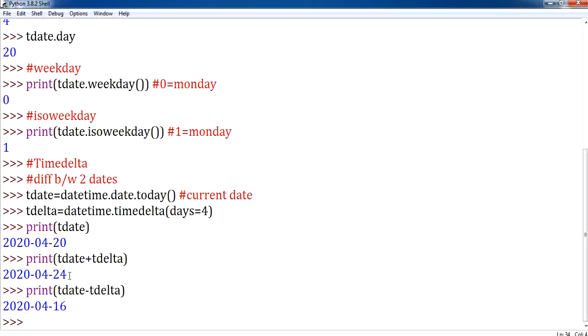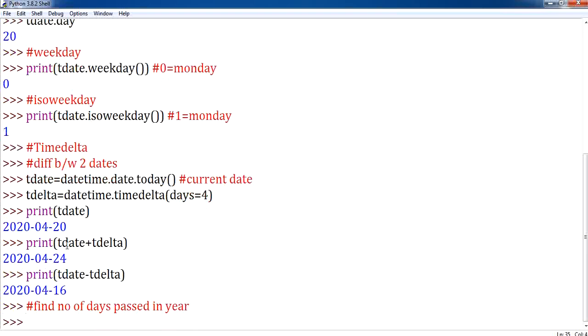And now if you want to find the number of days passed in a year. Right now your date is 2024/20. So from the new year till date, how many days have passed? You want to find out that particular information. I can make use of this statement, print. Let me give this statement directly inside print. Let me give a statement, number of days passed, and here I am going to display the number of days passed.